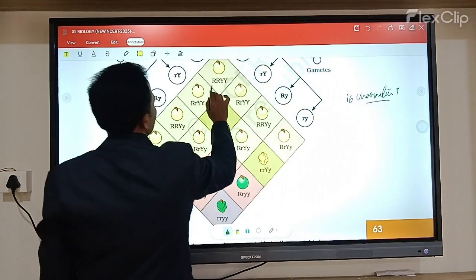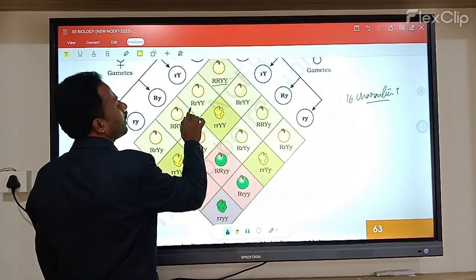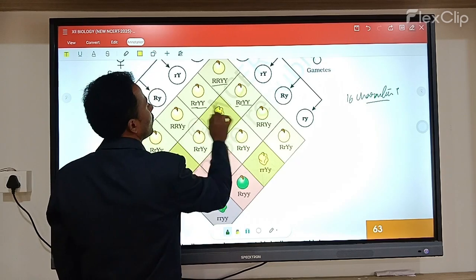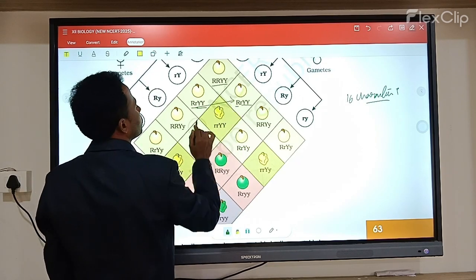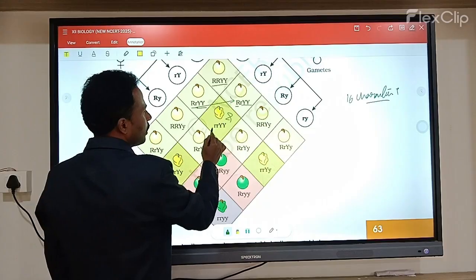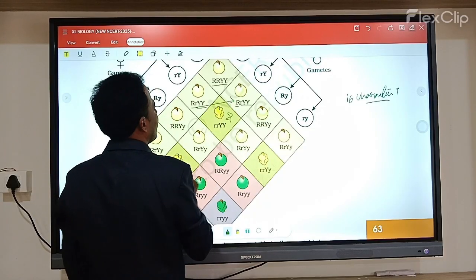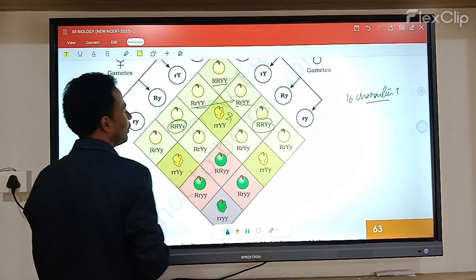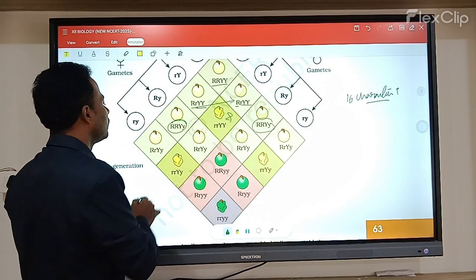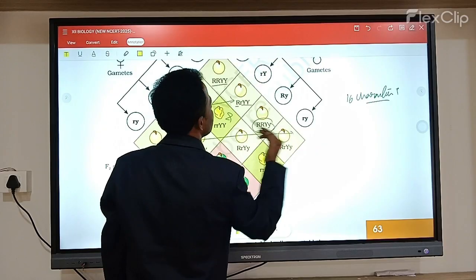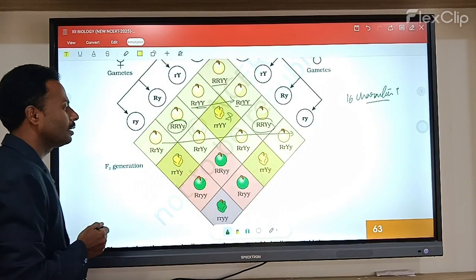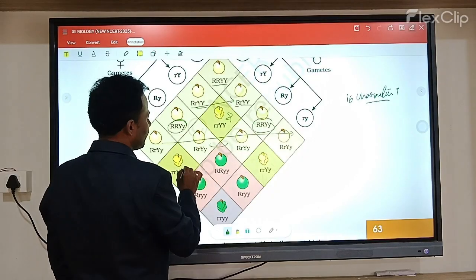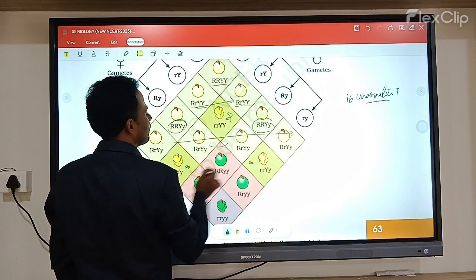So they are round yellow, round yellow, round green, round green, yellow, yellow, round, round, and so on. And these are completely called what? Round, wrinkled, yellow, green, and after these two characters, there is